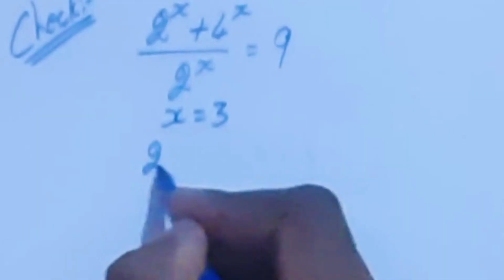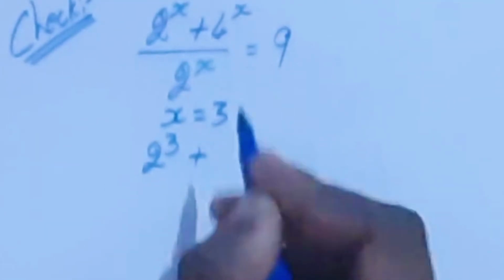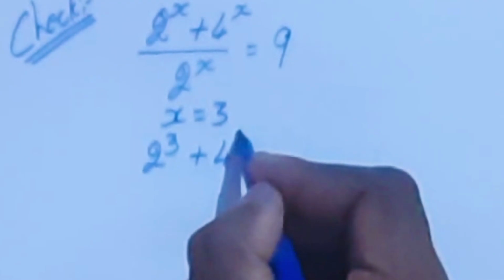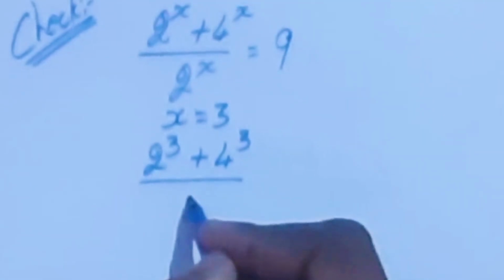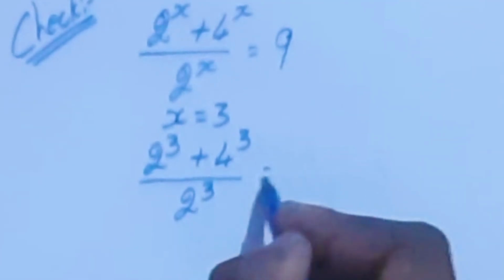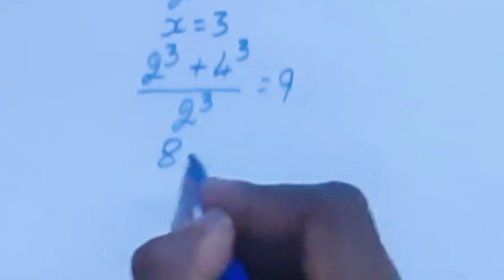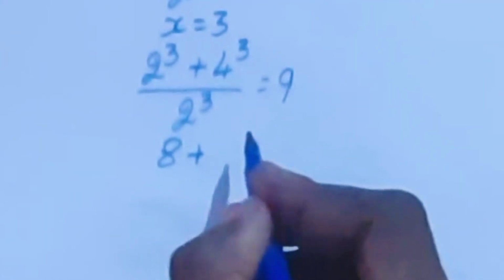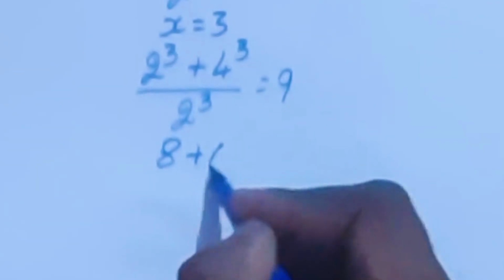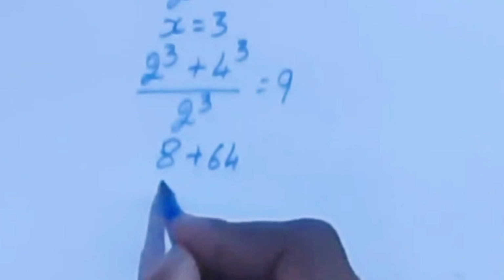So 2 power 3 plus here 4 power 3 by 2 power 3 equal to 9. Here 2 power 3 is 8 plus here 4 power 3 is 64 by